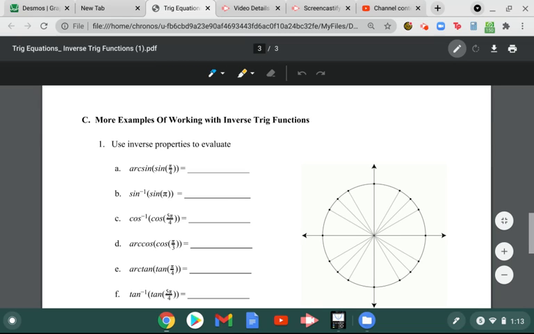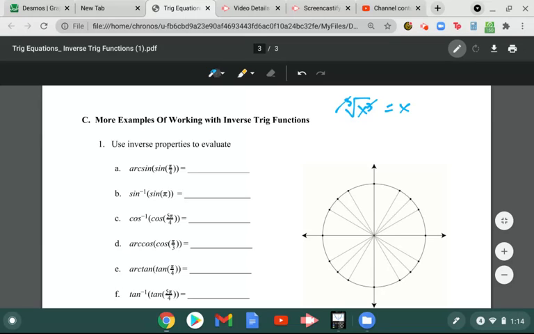Welcome to part 2 of our video on inverse trig functions. We're going to look at some inverse properties. As we're thinking of these inverse properties, we're thinking about how they work algebraically. If I apply a cube root to x cubed, they cancel each other out and I get x back. So I want to make sure that I'm doing these inverse properties similarly, but also conscious of the domain